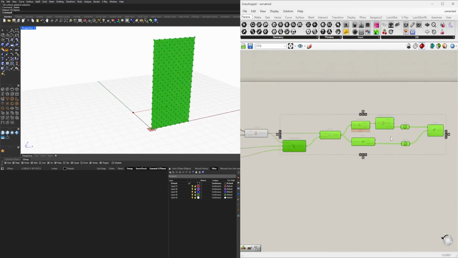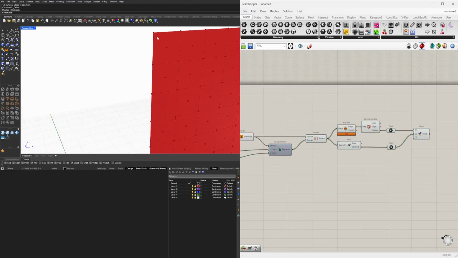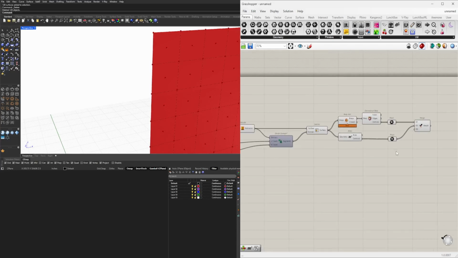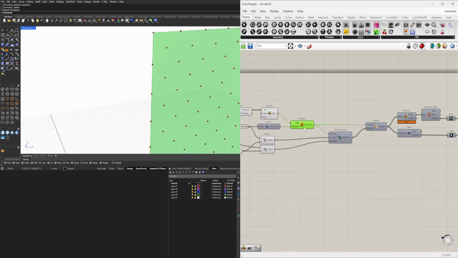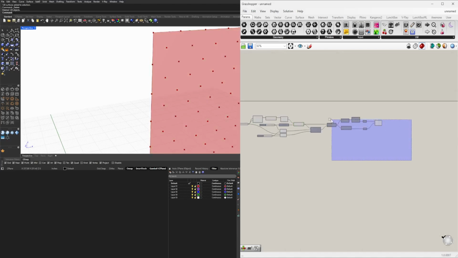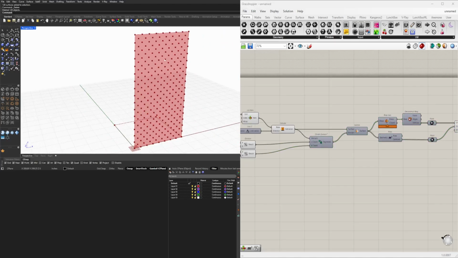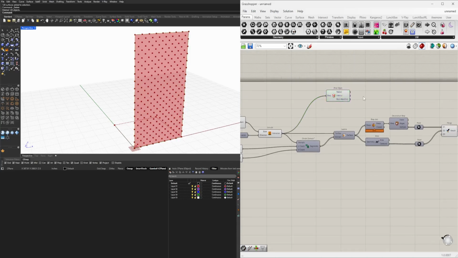But notice that if I were to put the circle right at the edge, it will not be within the surface. So for now, let's disable the preview on all of this stuff, and let's focus on offsetting the outside face of this. So if we go to BREP edges, and we join the exterior curves,